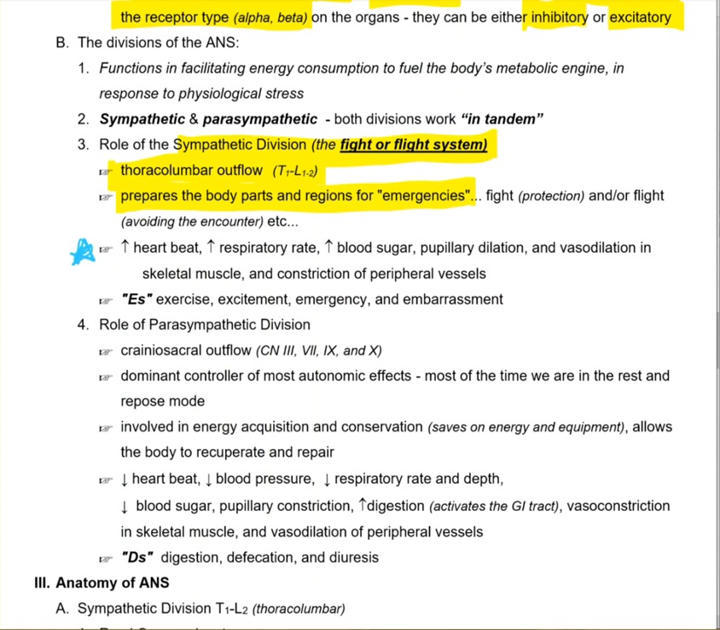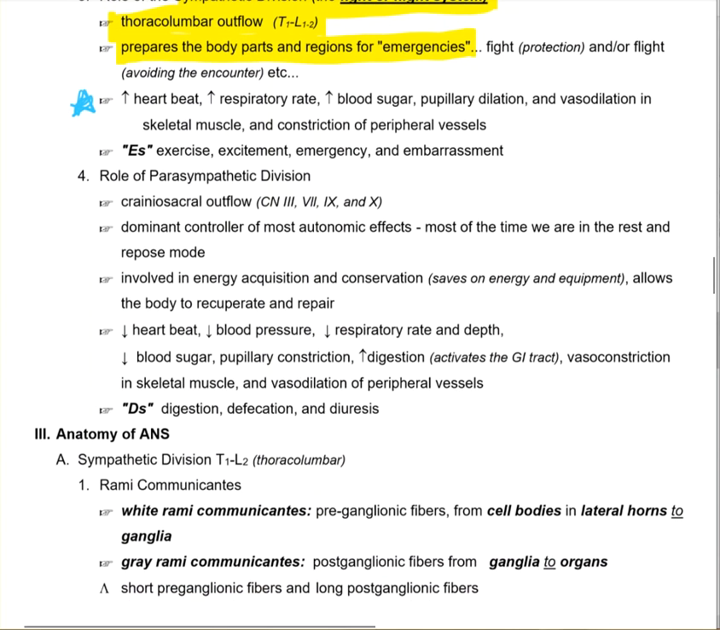We'll vasodilate skeletal muscle to bring more blood into skeletal muscle, and will constrict peripheral vessels that aren't being used. That increases blood pressure, which we'll talk about a lot more in 232. Sometimes we use the E words to describe this: exercise, excitement, emergency, embarrassment, right? When you're embarrassed, your heart rate goes up, your respiratory rate goes up, your vessels dilate in certain parts of your body, you get red, things like that. So